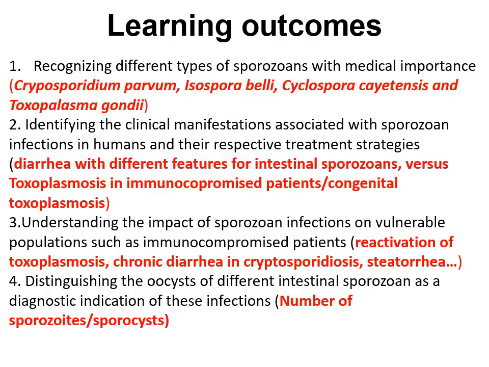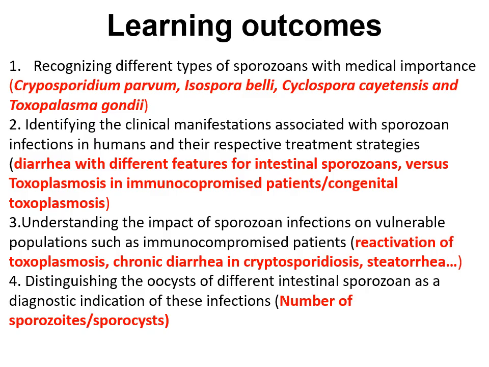So, to wrap up this section and to see that our learning outcomes fit with the contents, we first recognize different types of sporozoan with medical importance, and in that sense, we discussed Cryptosporidium parvum, Isospora belli, and Cyclospora cayetanensis, with the difference between the diarrhea that is caused by either parasitic infection and the outcome of these three infections on immunocompromised patients. We also discussed Toxoplasma gondii and the spectrum of diseases it causes, and we discussed the symptoms that happen in immunocompromised patients as well as in primo-infected pregnant women.